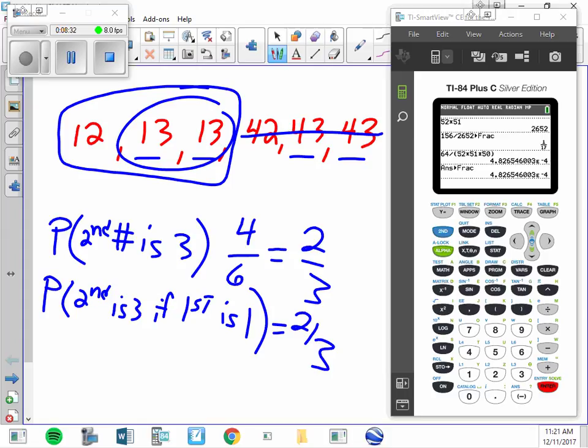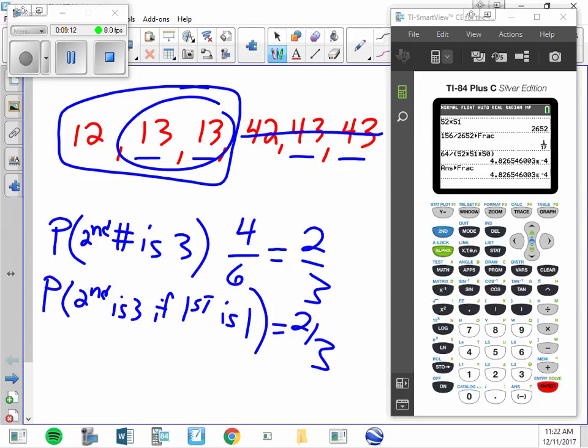For instance, what's the chances of getting a 1 if the second number is a 2? 1 out of 2. We either choose from 12 or 42. What's the chances of getting a 1 overall? 3 out of 6, which is 1/2. And no matter which ones we pick, we will always get the same ratios, just like face cards. The chances of getting a 6 is the same as the chance of getting a 6 if you know it's a heart. You have a 1 in 13 chance either way.